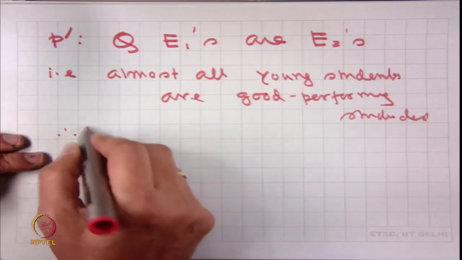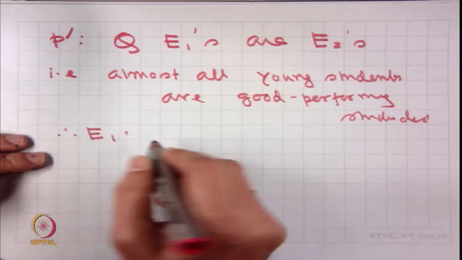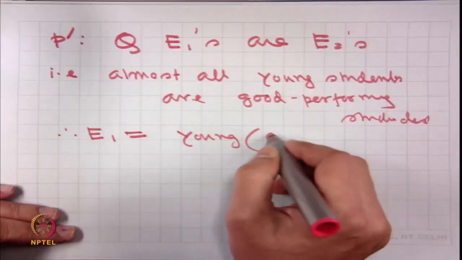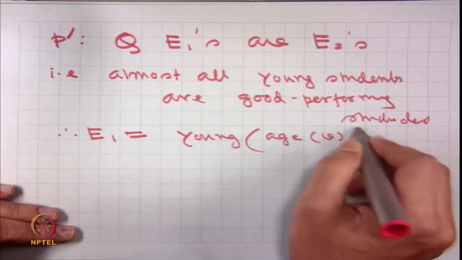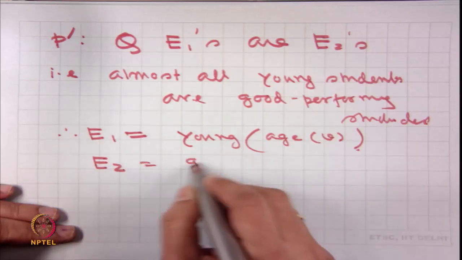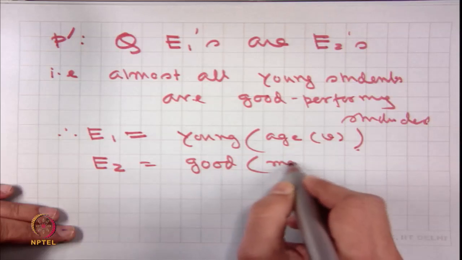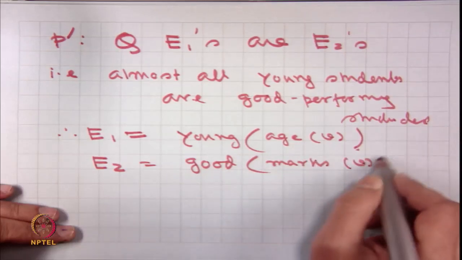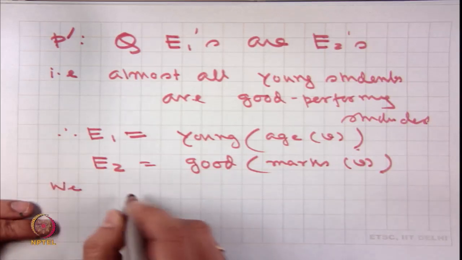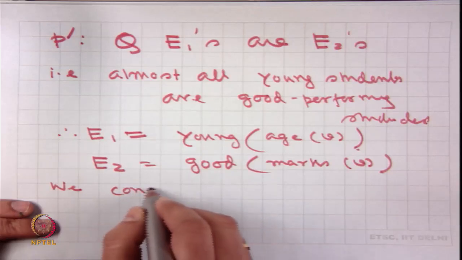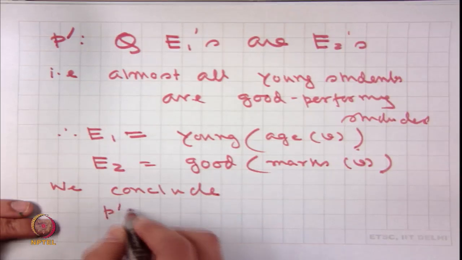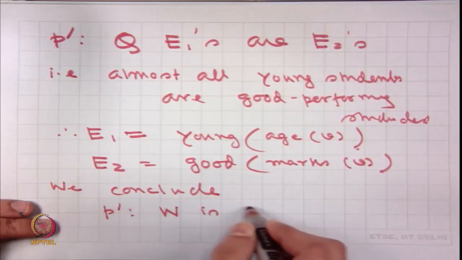Therefore, E1 is the set young age of V, E2 is the set good marks of V, and we conclude P prime W is Q,